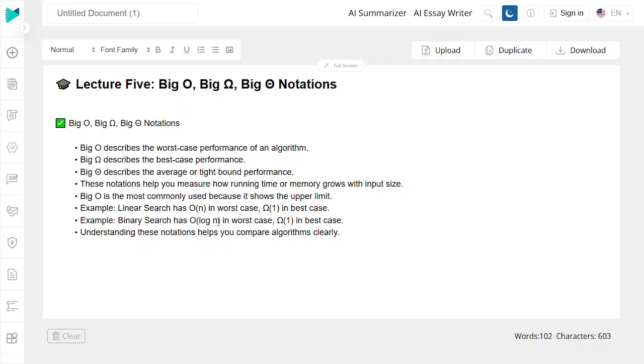So basically, as you can see here, binary search works better in the worst case scenario, so it is a better algorithm than linear search, right? And that is how you optimize your cases depending upon the different algorithms. The better the algorithms, the more we need it and the more we use it. So understanding these notations helps you compare algorithms clearly, like we just did.